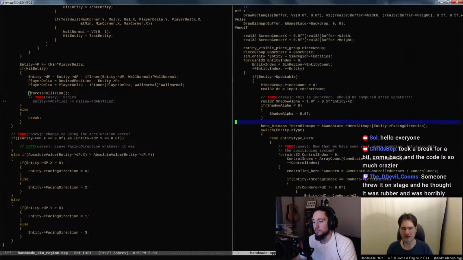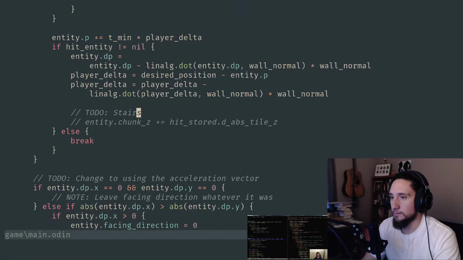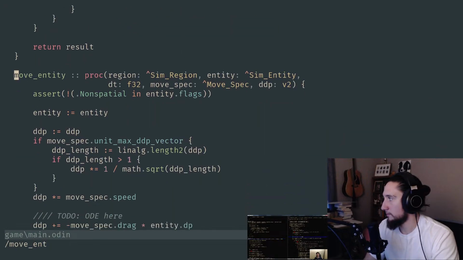What we'll sort of say here is maybe we'll just say when we're doing our entity update for now, again, this is not at all set in stone. What we'll kind of do is say, let's set this move spec and this DDP here. Let's go ahead and say that those are going to be things that are sort of set in the entity's update, and then the actual movement call is not something that the entity actually gets to deal with. That's something that happens somewhere down the line. So like this stuff right here, that doesn't get to happen. Instead, what happens is